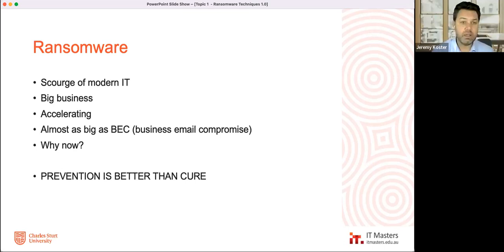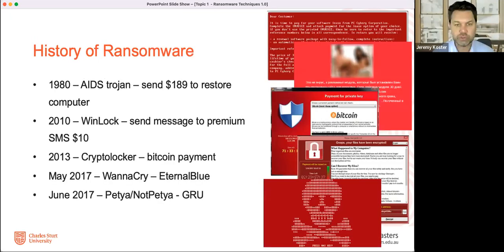Now, the history of ransomware is pretty interesting. In 1980, we had the AIDS Trojan. It's one of the first. There is some other ransomware-style extortion software, but these are screenshots of this ransomware. They typically like red. It's quite shocking when it pops up on the screen, so it gives an emotive response. Essentially, the AIDS Trojan was on a floppy disk. When you loaded it up, it asked you to send $189 via snail mail to a PO box, and then they would send you back the decryption key.